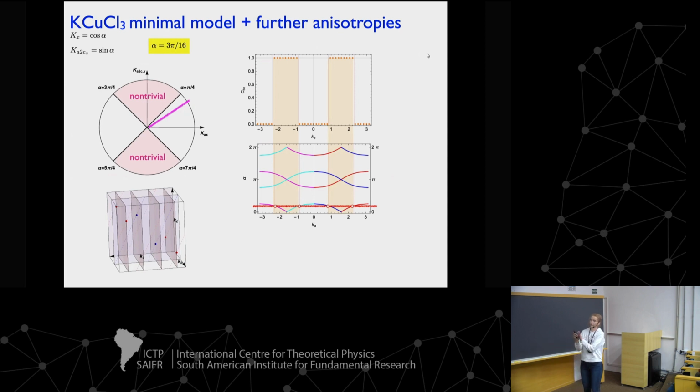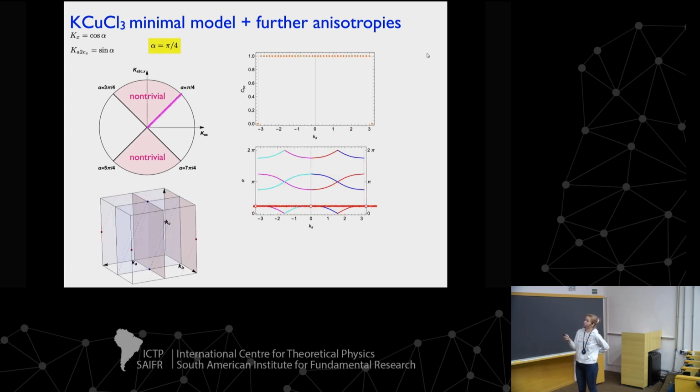We literally just move the plane where these nodal points are along the Kz direction, and that means that whenever we cross a plane where there is this touching point, there can be a topological transition. It's like having the 3D material made of a series of 2D systems, and whenever we hit a point where there is some kind of degeneracy, the Chern number can change. That's exactly what you can see in this figure: the Chern number changes as we move along the K direction.